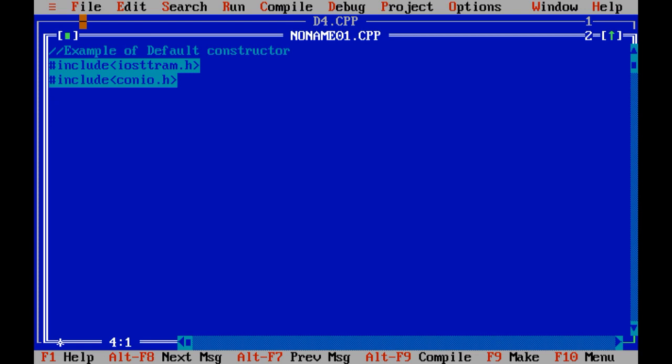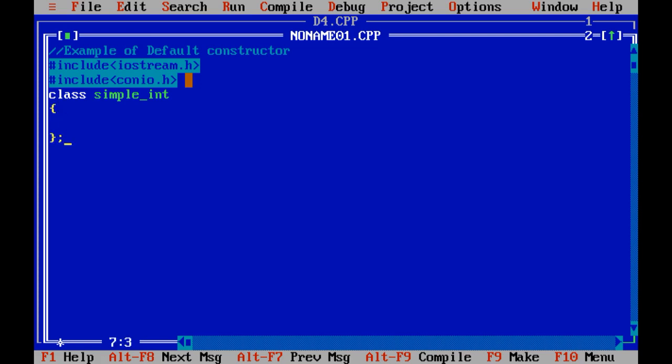Suppose I want to calculate simple interest, right? Over here I made a spelling mistake, so let me correct it first: iostream.h. Now see, our next definition is related with the calculation of simple interest. So what is the formula to calculate simple interest? I equals PRN divided by 100. That is the formula. So for that I just need to declare three variables, right, and one class named simple interest. So let us create one new class, simple interest.